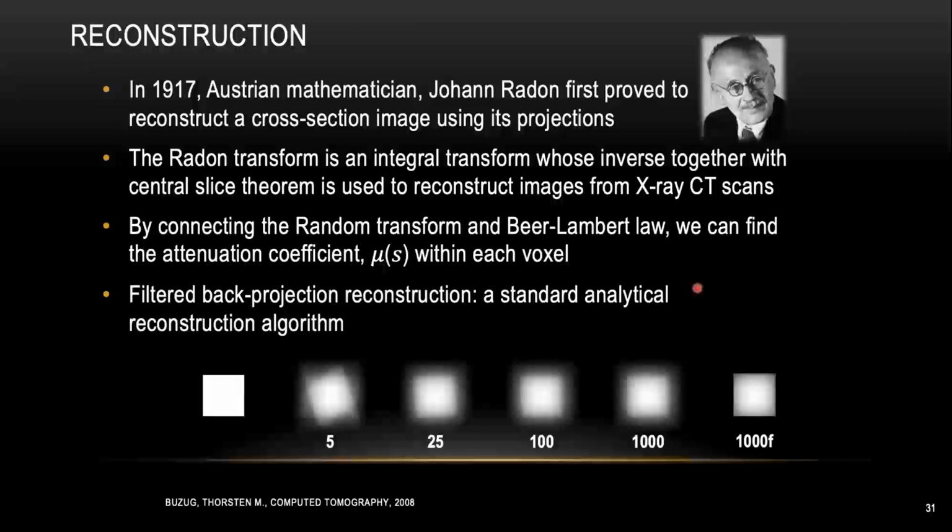So by taking the inverse Radon transform and combining it with the Beer-Lambert law we described earlier, we can calculate the attenuation coefficient for every voxel. Nowadays, mostly we're using some kind of filtered back projection reconstruction for reconstructing all the micro CT images. Down here, you can see that's our dummy sample, a piece of square, and we try to reconstruct this image by its projection images with different numbers of projections. You can see as the number of projections increases, we can get a much better result. But we also have some kind of halo around your image. That's why we need to do the filtering, and eventually the final data will look much closer to your original image here.